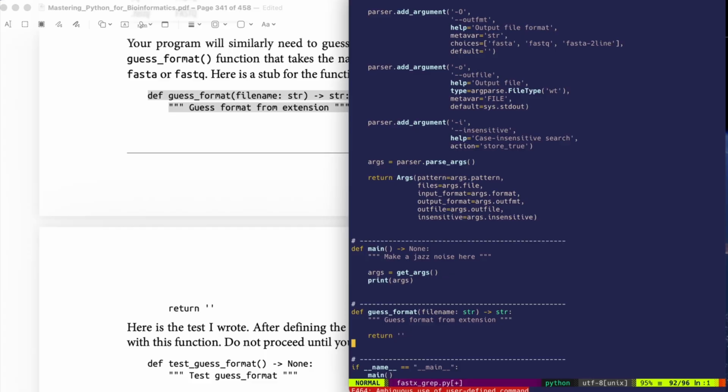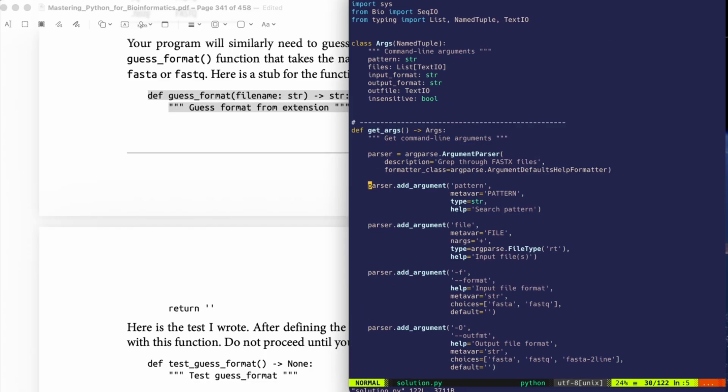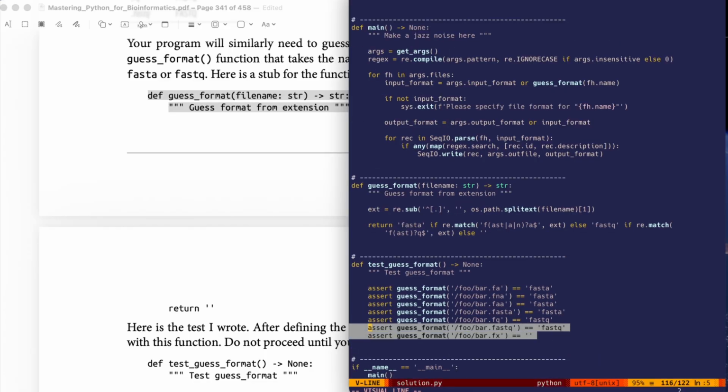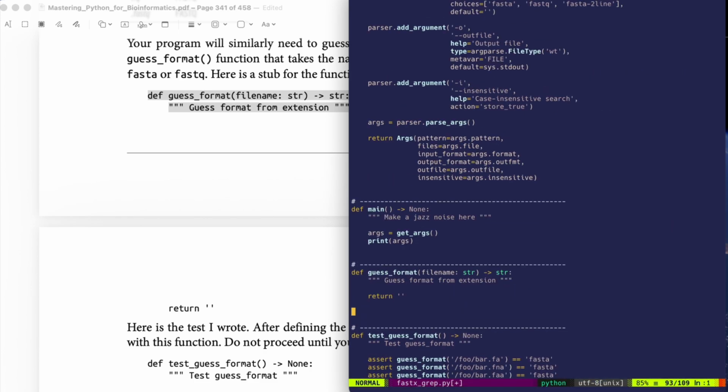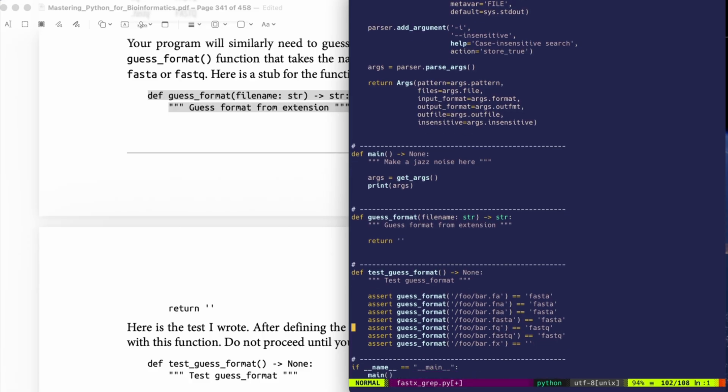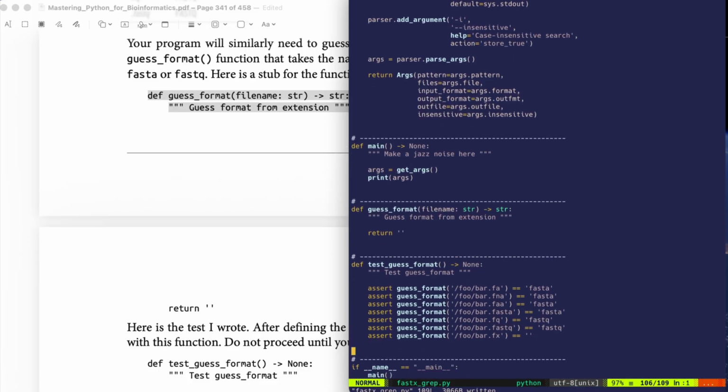And then I'm going to go over to the solution, and I'm going to find the def guess format. Avert your eyes. Don't look at the solution there. And I challenge you to stop the video and write this function. Just take it one piece at a time, and write the function that will write the meat here